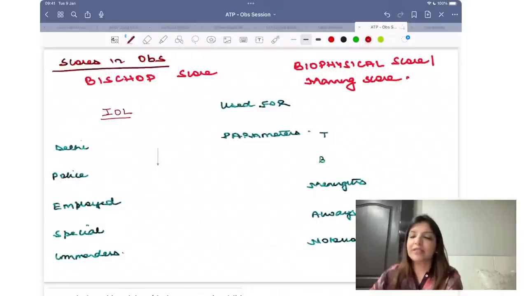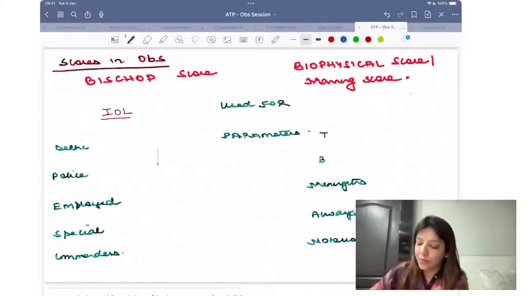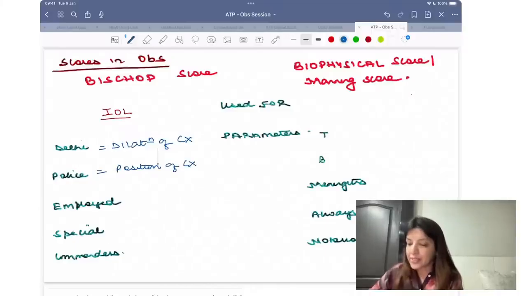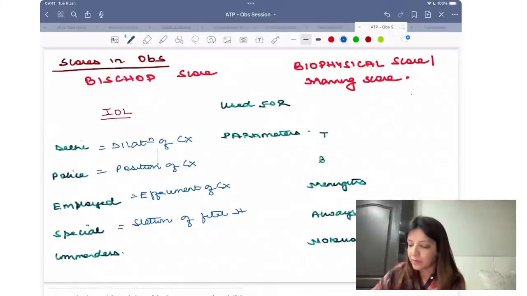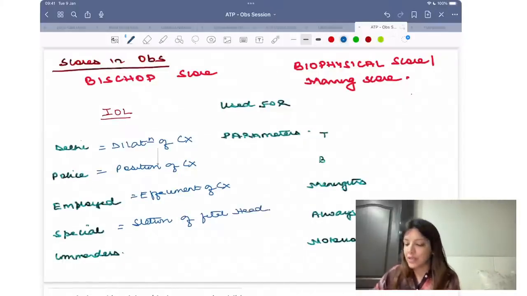That is Delhi Police Employed Special Commandos, where D stands for dilatation of the cervix, P stands for position of the cervix, E stands for effacement of the cervix, S stands for station of fetal head, and C stands for